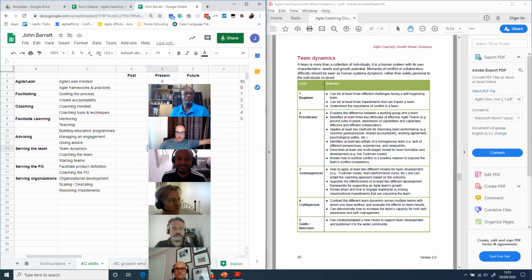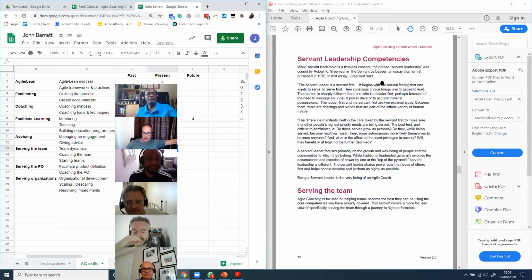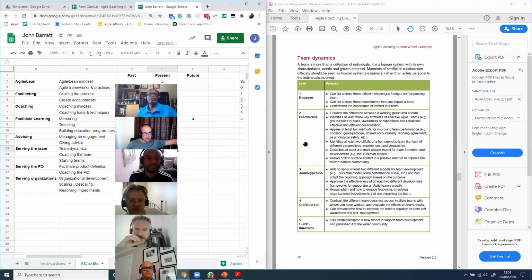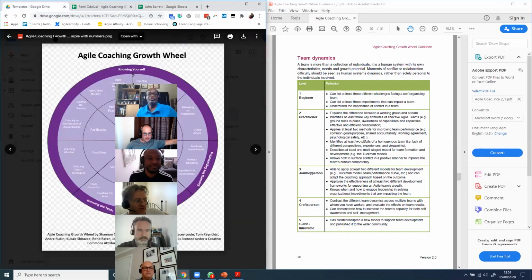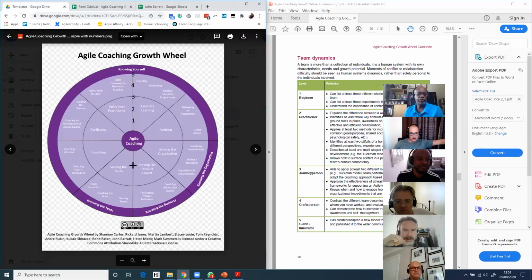So we're in serving the team now, so we're in these leadership competencies. We jumped across to the other side of the wheel again, so now we're down here in the service ones.